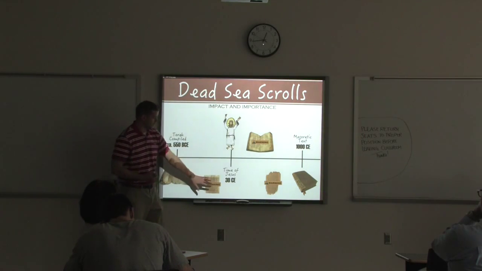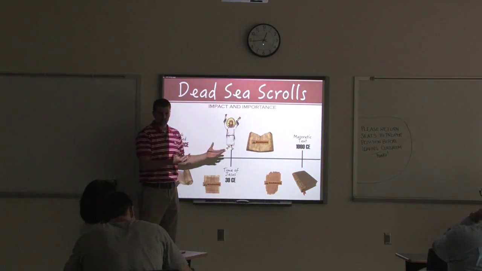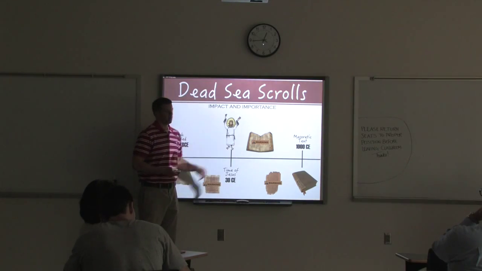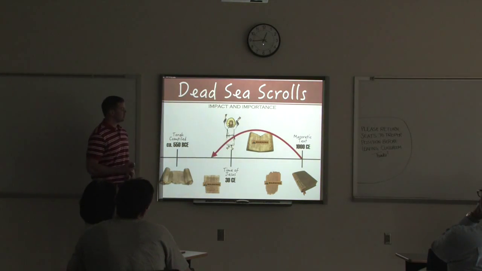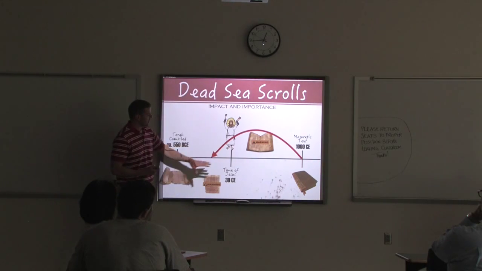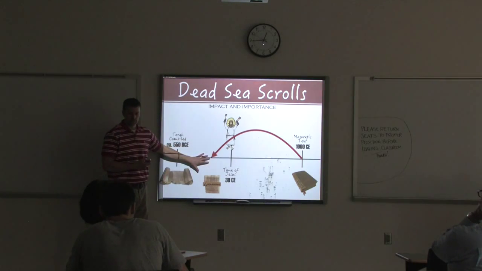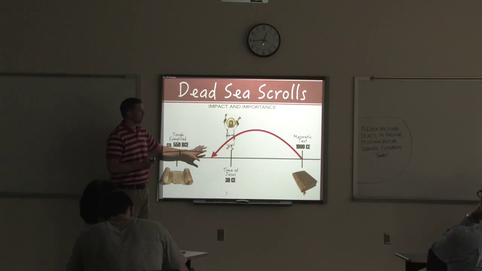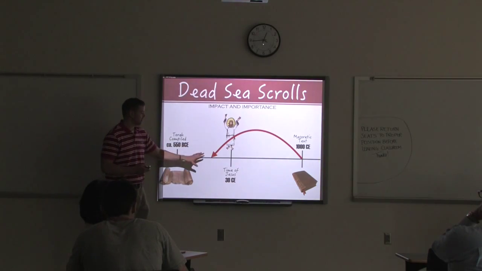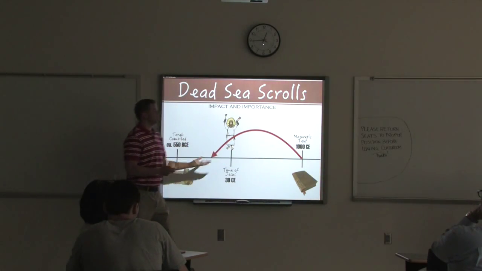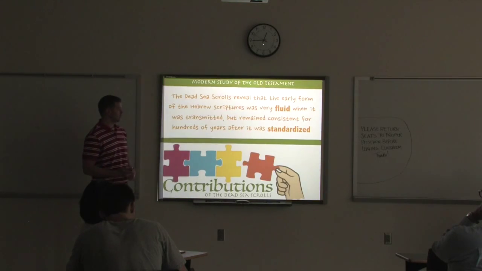So I have in here a picture of different copies with warning signs, because who knows what could have been changed along the way. But what the Dead Sea Scrolls allow us to do is get behind all these texts to a much earlier point, a much earlier text, and see what actually has gone on. What has gone on between this time and that, and do we have an accurately transmitted text?